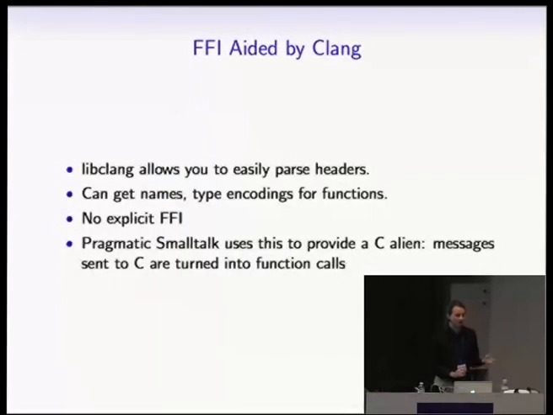And you can do FFI without any need for custom header file parsers or for defining how things map from C to your language. And we do this in Pragmatic Smalltalk, where you just send a message to this C pseudo class, and it knows that that's supposed to be a C function call, and so it will check in your headers, find a function that has a name matching that message, and it will just work by magic. And now I'm going to stop speaking before they shout at me.